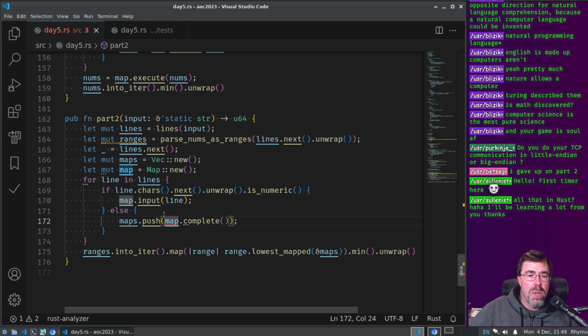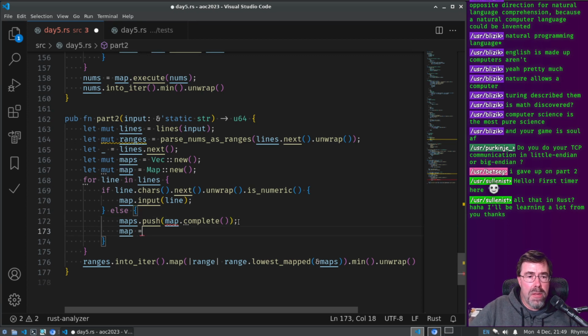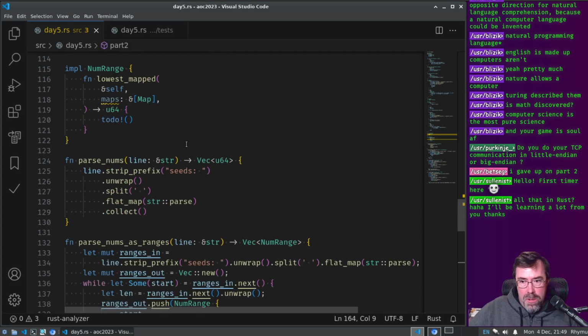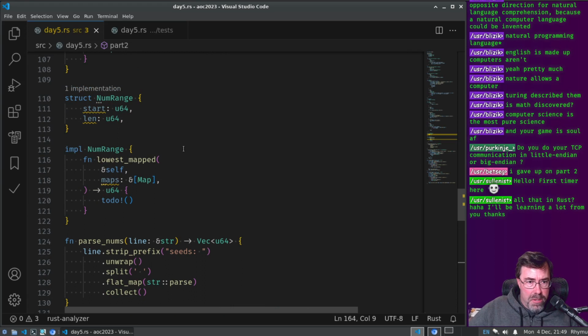Oh. Yeah, then I have to do a new map every time, because we're storing them separately now. Okay, good. And then ranges does not need to be mutable.